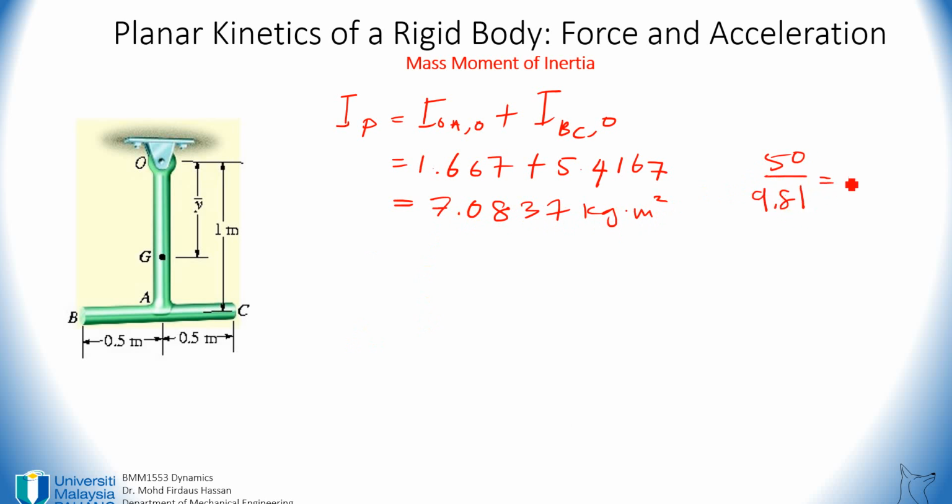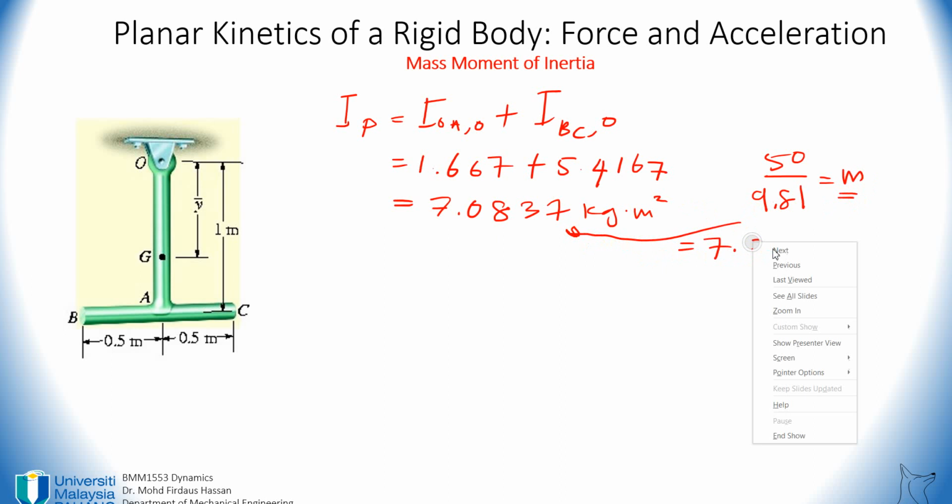All right. If you refer to the textbook, because it uses 50 Newton divided by 9.81 to find the mass, there's a bit of a difference, because the textbook gives you 7.22 kilogram meter square. Okay? There won't be a problem since you understand the whole concept of finding the mass moment of inertia, and then